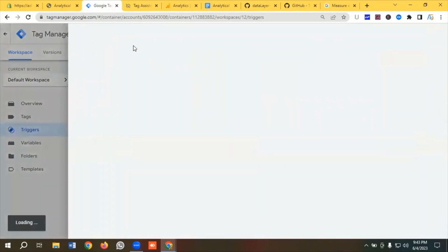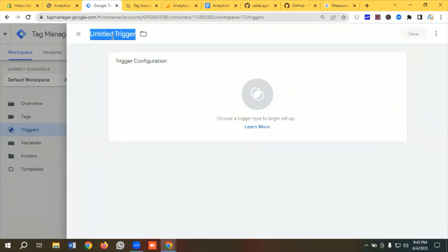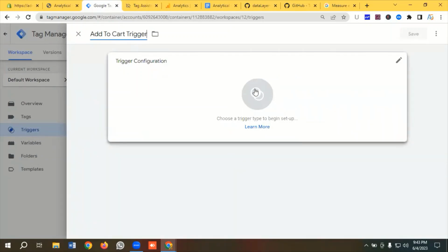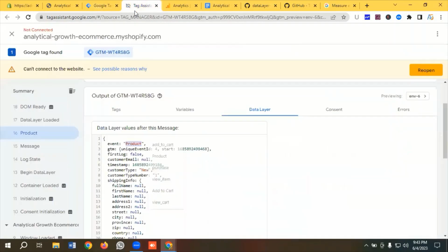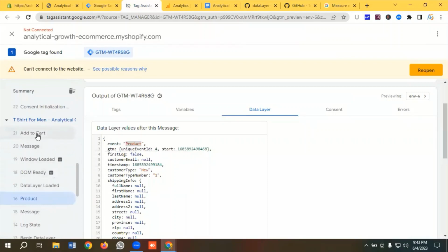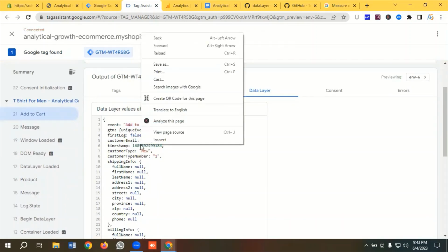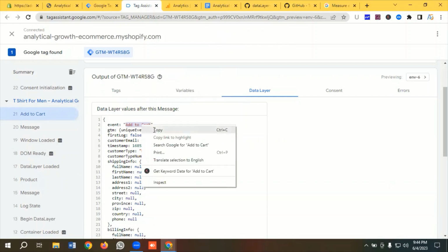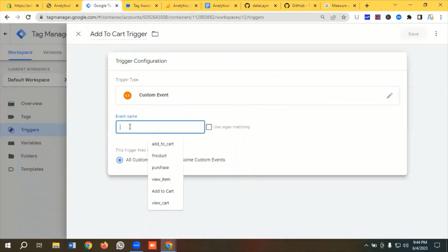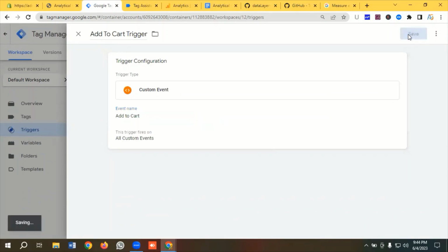Then the next trigger I'm going to be creating is the add to cart trigger. Okay, so I'll select trigger configuration as custom event, and if I scroll up a little bit, then I will get the add to cart event. So I'm going to copy the add to cart event name from here. Make sure you are copying the exact thing from here and putting it over here. Okay, so I'm going to click on save,